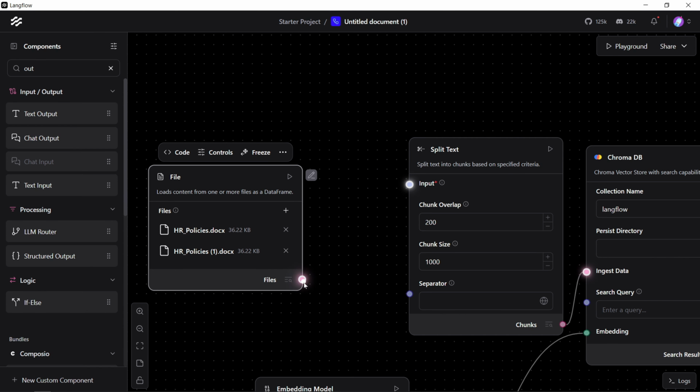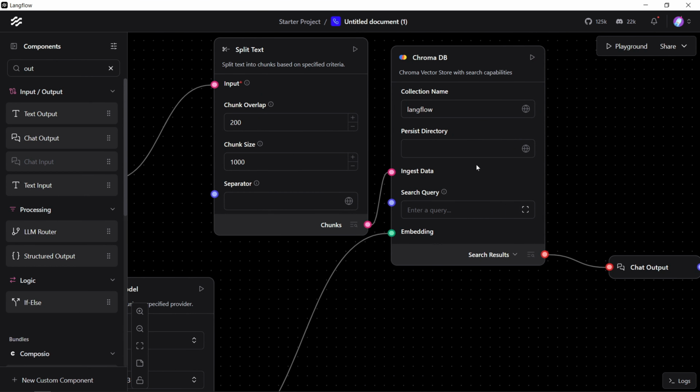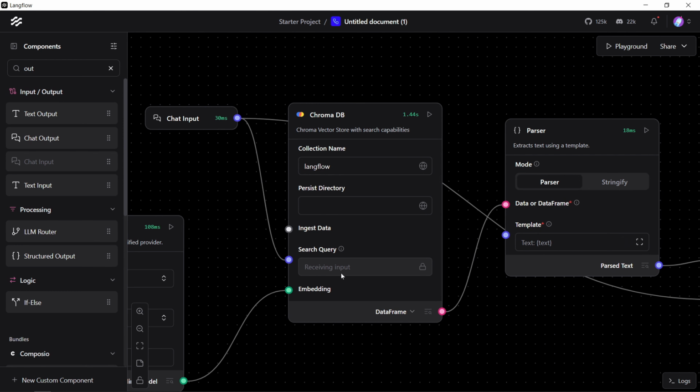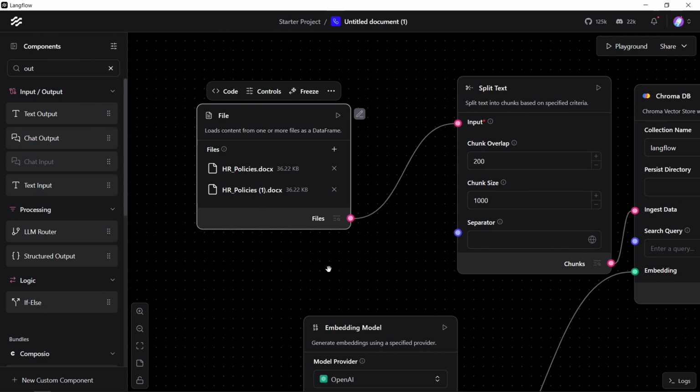So for our file, we're just going to connect it to our inputs so that it takes in the input to the split text. Then pass it down to our ChromaDB, save it, ingest it to our ChromaDB. So our retriever at this point will be able to use our search query and also retrieve that information from our doc. So we're just going to try playing this component